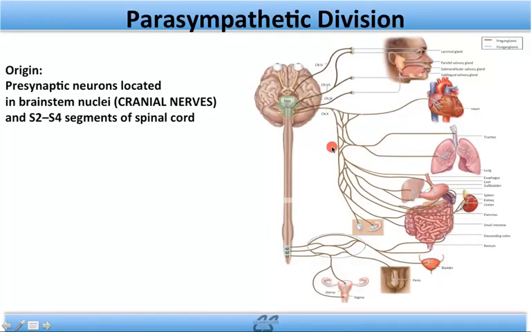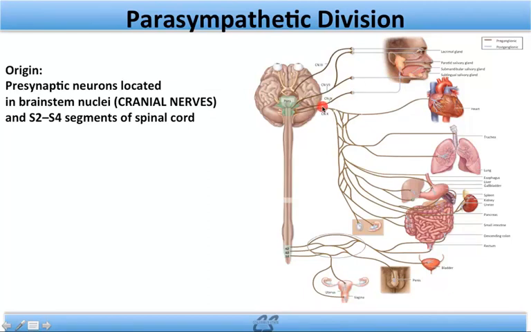So functionally, what does this look like? Well, we already saw cranial nerve 3. It comes out and ultimately will affect things of the iris, for instance, or the ciliary body in the eye. Cranial nerve 7, parasympathetic, was good for the lacrimal gland, and it was good for the submandibular gland and sublingual, so salivation. 9, again, salivation again with another gland. And 10,